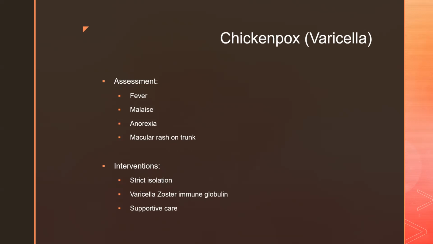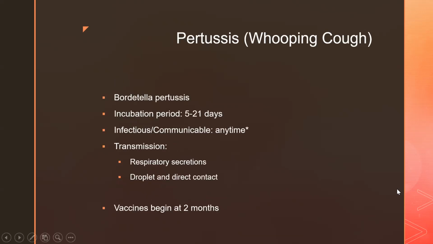We don't use aspirin in children, so be very careful with the type of pain or fever reducer that we go with. Okay. The other thing is that this sometimes can be treated with acyclovir, which is a type of antiviral. However, we don't spend a whole lot of dosing when it comes to children. So just be aware that because chickenpox is a varicella zoster, it is a herpes type of infection. Acyclovir can also be given in certain situations.